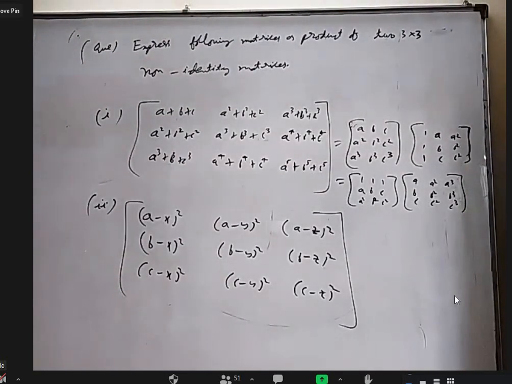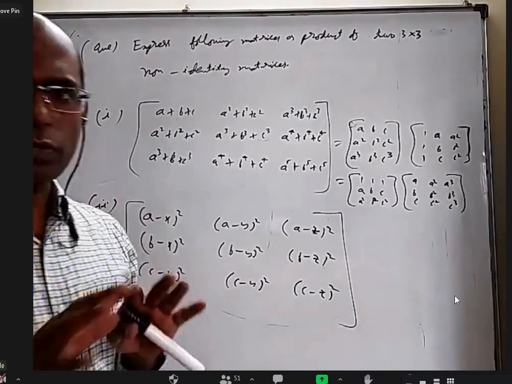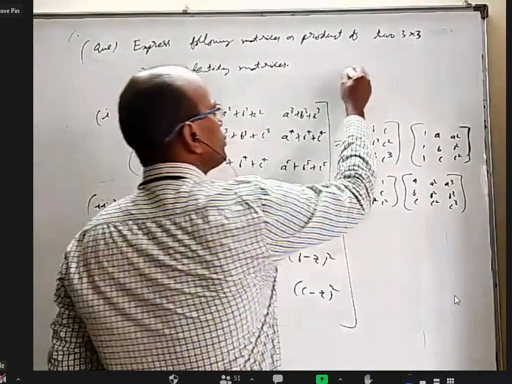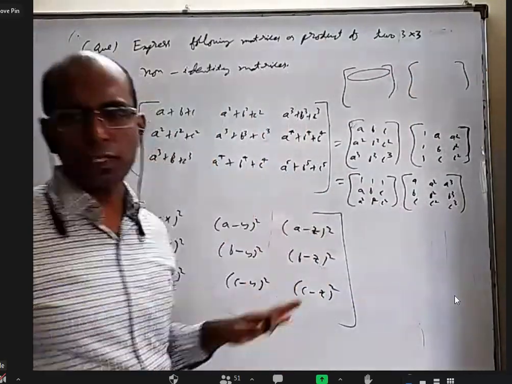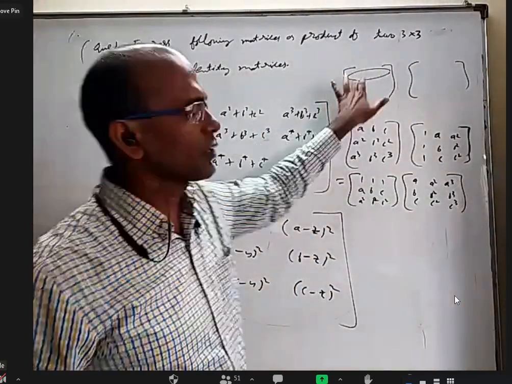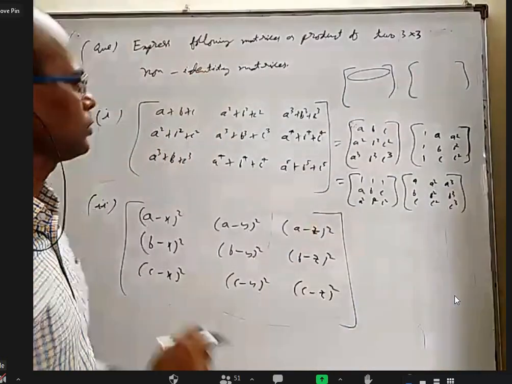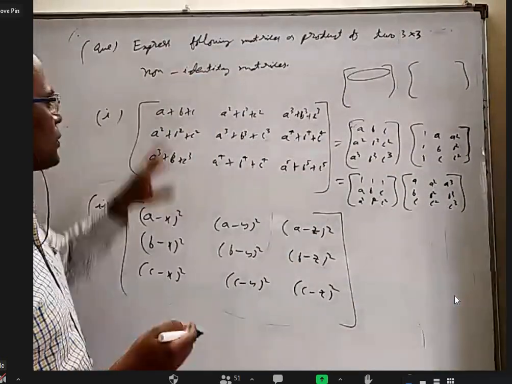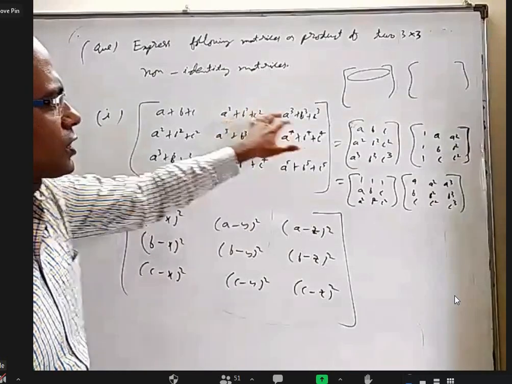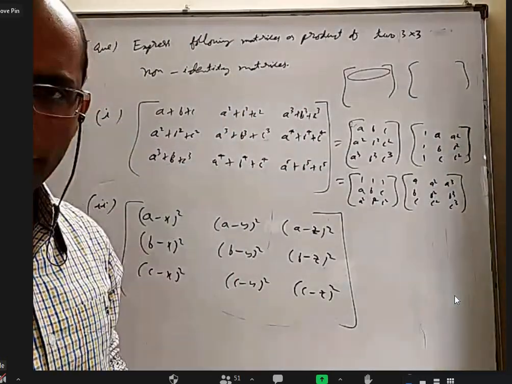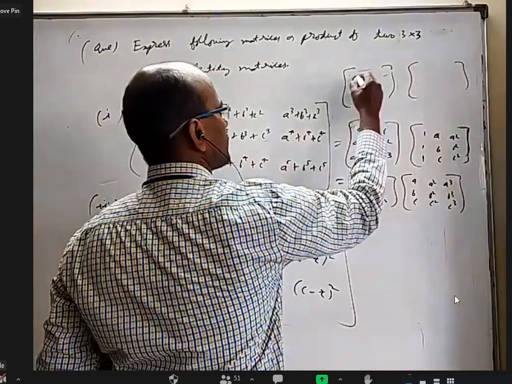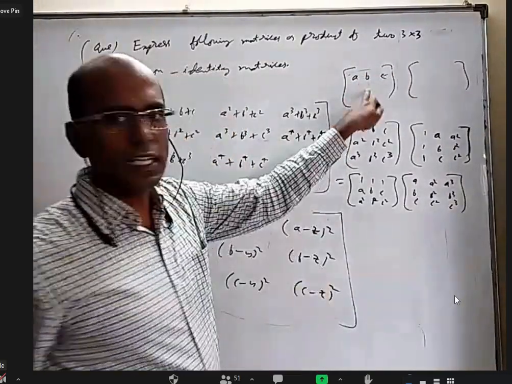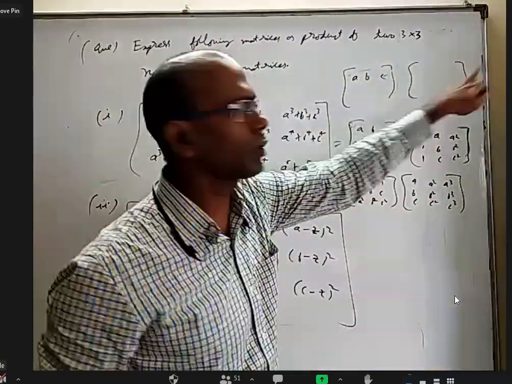Yes, sir. Okay, see, I'll tell you, don't worry too much. You just do one thing. Only write the first row here, nothing else. Only write the first row, everything else will follow. What is that first row? Can you tell me the 3 elements which are there here, here, and here? Just tell me that much. A, B, and C. Okay, you write ABC. Now, just with that help, it is possible to write all the columns here.